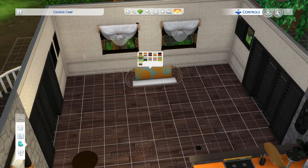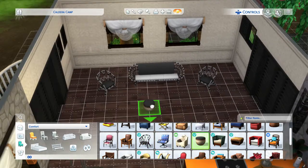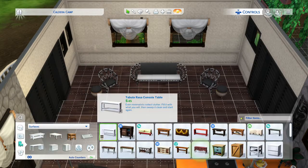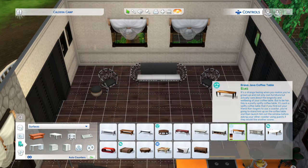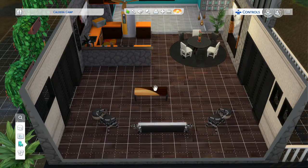So moving on to the living room. I really liked this black and white theme in here. I also like those, but just more seating. I mean, it gives you options. And then I started to try and place a table to set a TV on, and